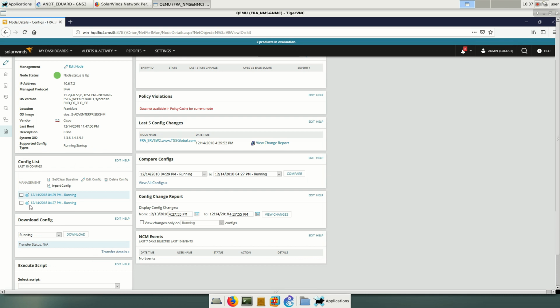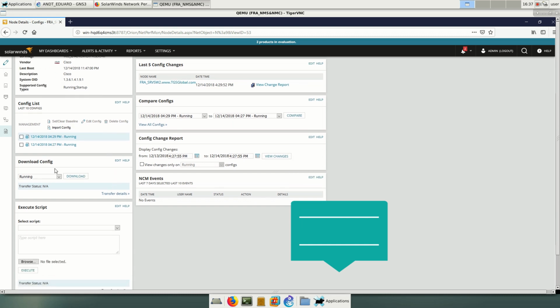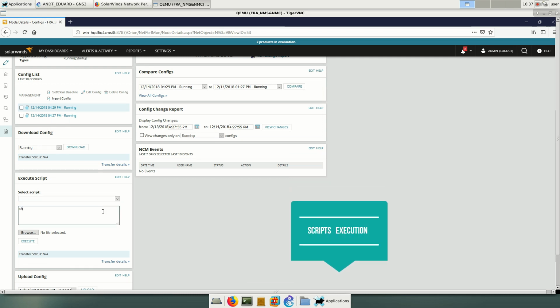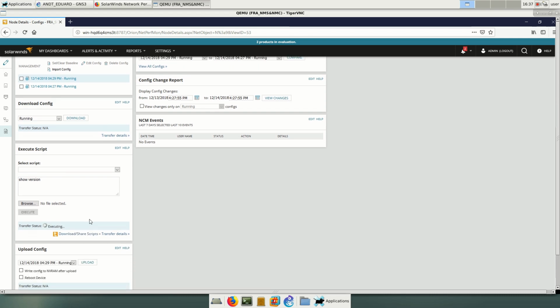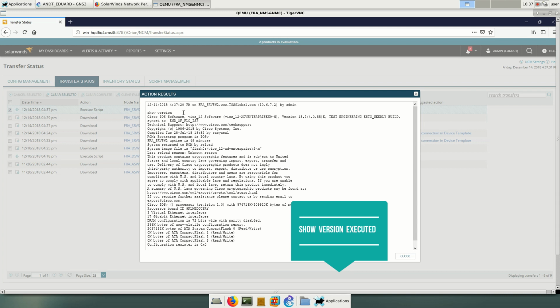One of the other functions that the server provides is network management and automation. We can import or download configuration files in a more centralized manner from all the registered devices. Besides, we can execute scripts as well. They can be simple commands or template scripts already made. Let's execute a show version command on this device from the server. Once we check the execution details, we can see that the command was successful